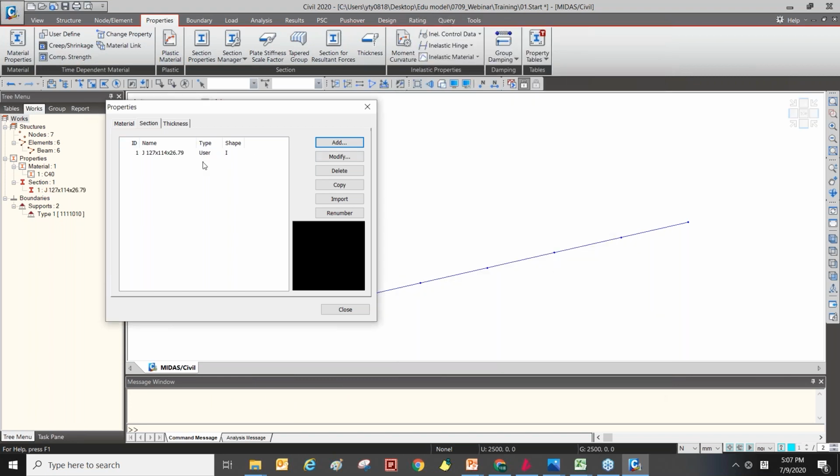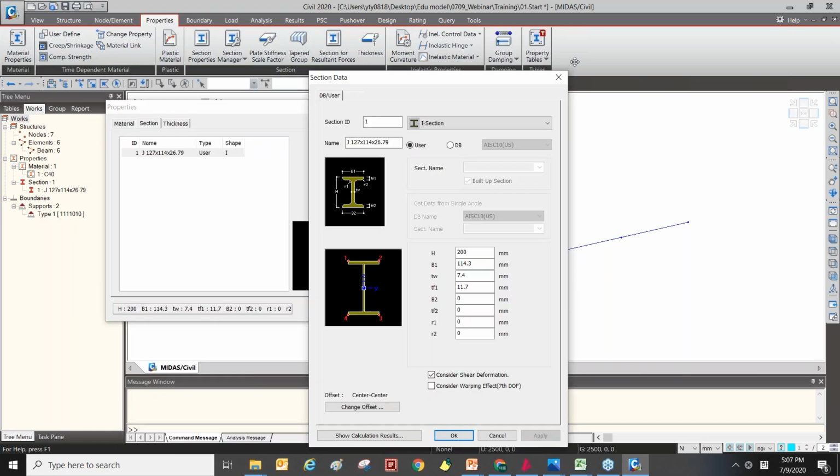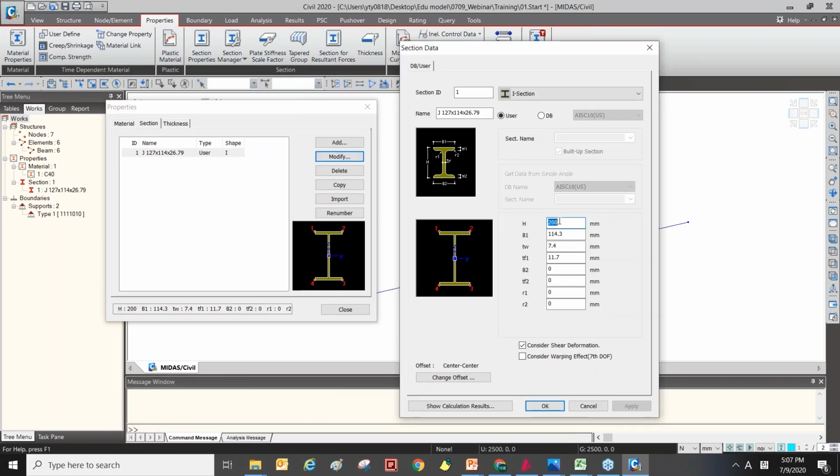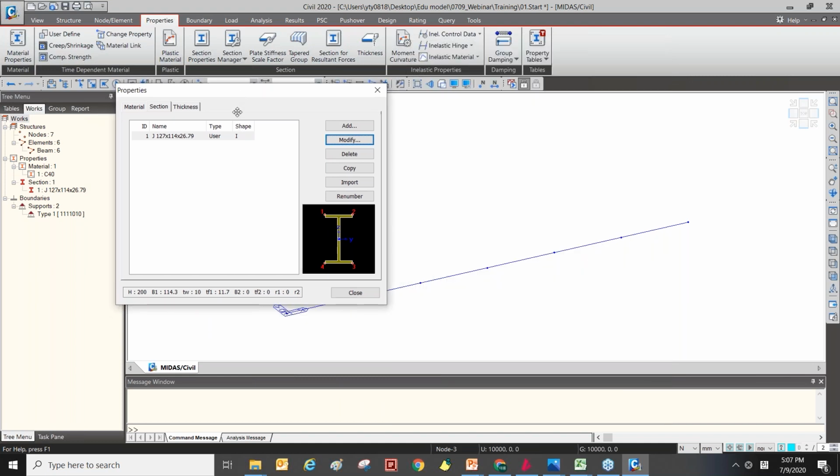After defining a section, if you want to modify an existing section, just select the existing section and click Modify. Adjust some values here, click OK. And if you want to copy an existing section, just click Copy.